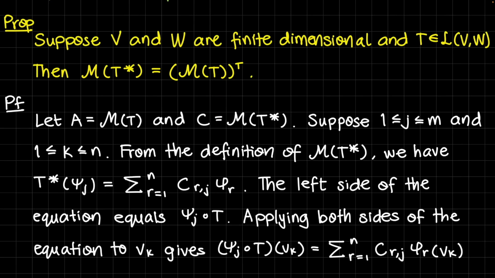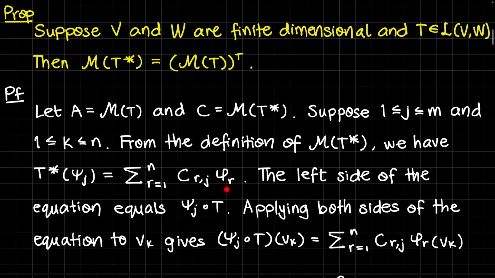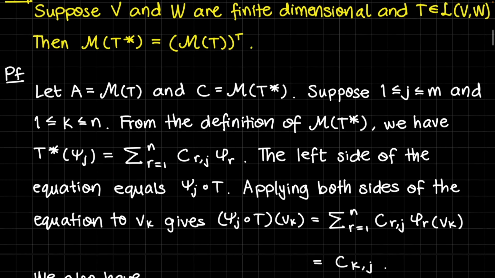And T star is a linear map from W star to V star. So it will act on any basis vector of W star, and the output will be a linear combination of the basis vectors of V star. Now the left hand side of the equation is, by definition of dual linear maps, equal to the composition of psi j with T. Okay, and then we apply both sides of this equation to